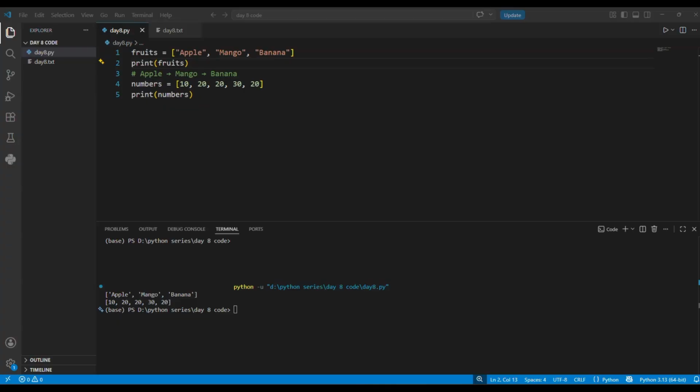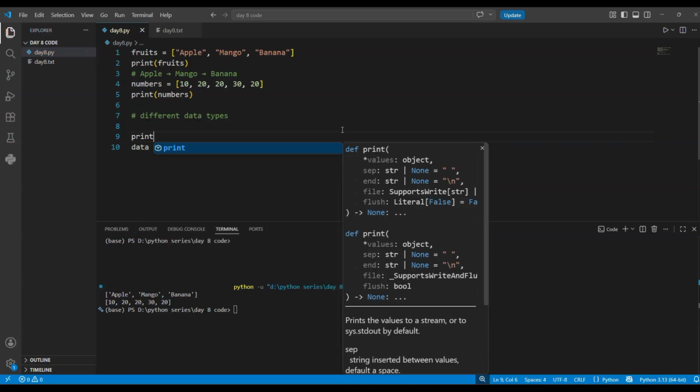Example 2: different data types. We can store them all in one list. I will store an integer, a float value, a string value, and a boolean value. If I print data,